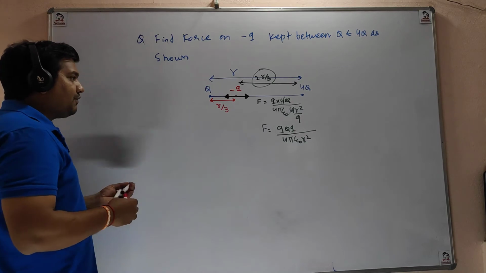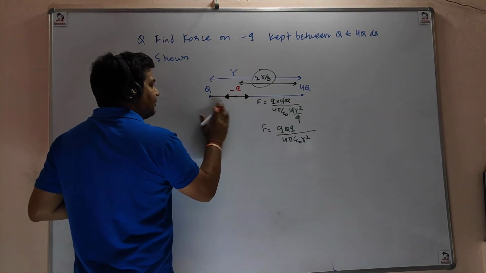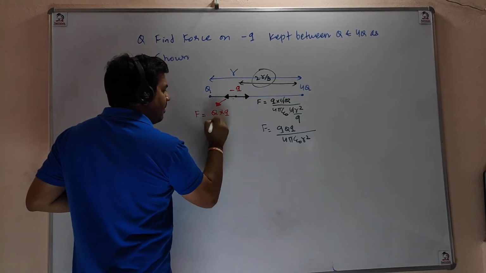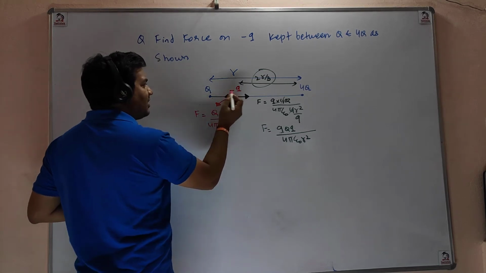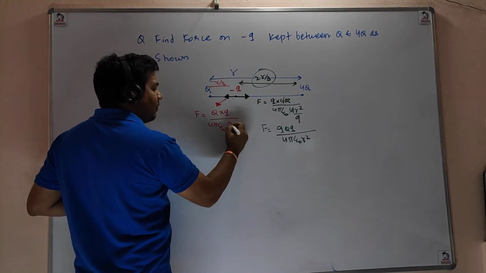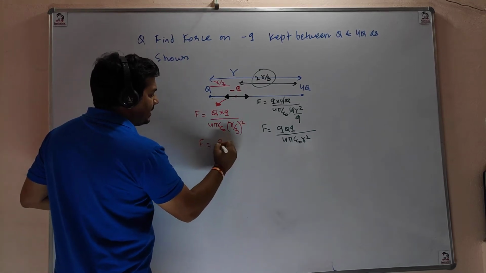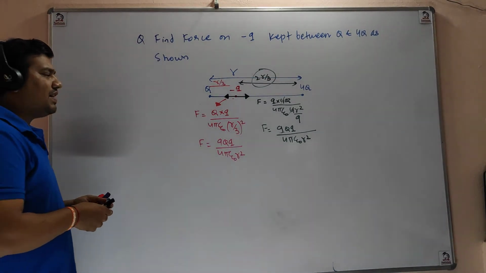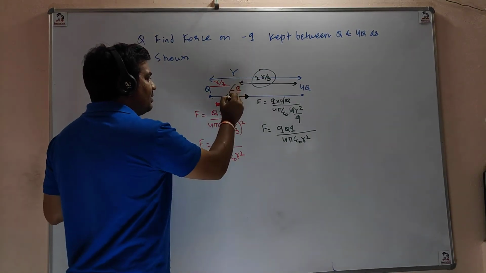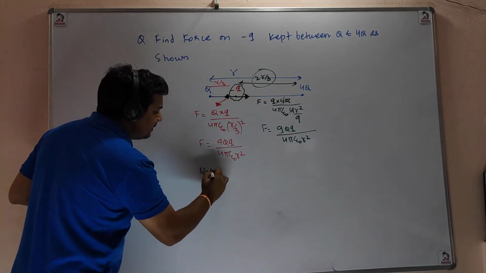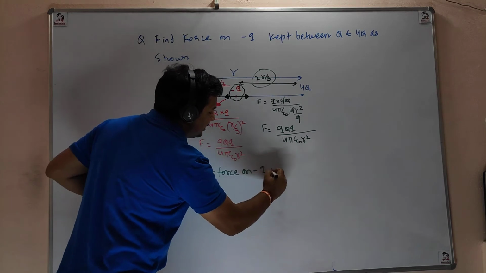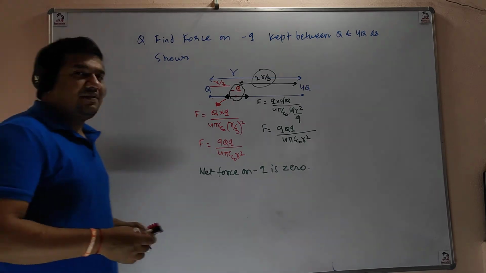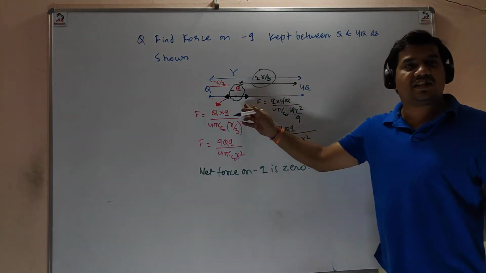Okay. Now let's try to find the left hand side force. This force must be Q1 into Q2 divided by 4 pi epsilon naught square of distance. So this distance is r by 3, square of r by 3. You will get 9 capital Q small q over 4 pi epsilon naught r square. We are getting the same result, right? Because we are getting the same result, that's why the net force on minus Q is 0. So can we say minus small q is in equilibrium because the net force on this is 0?